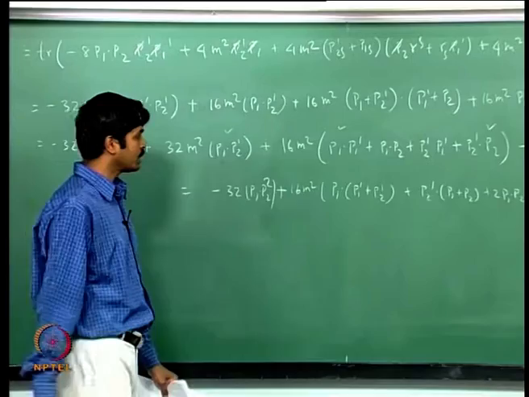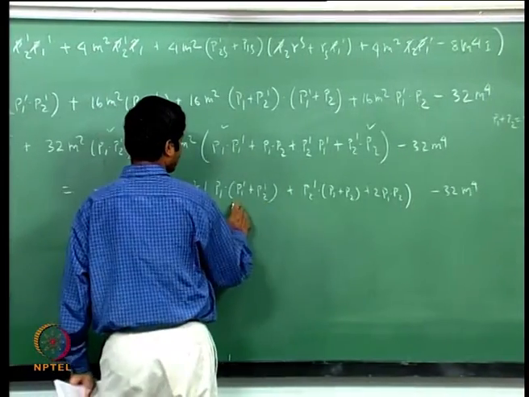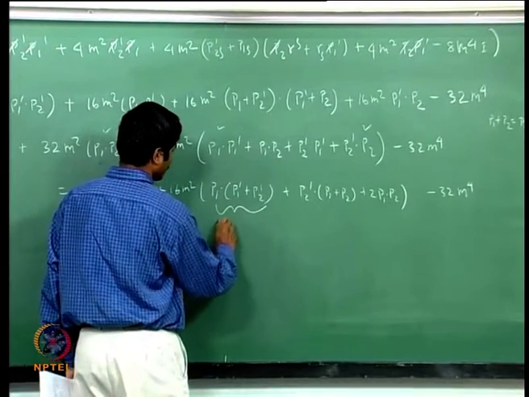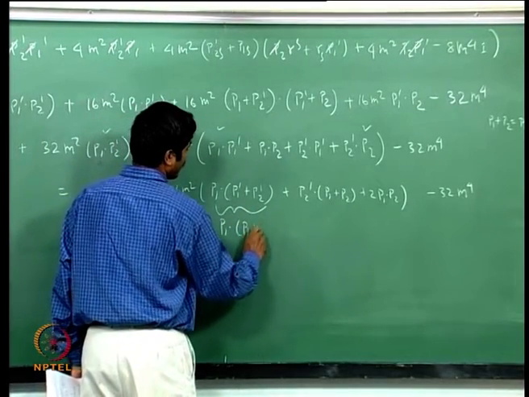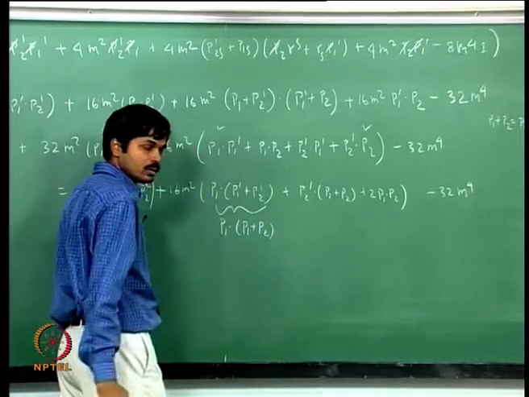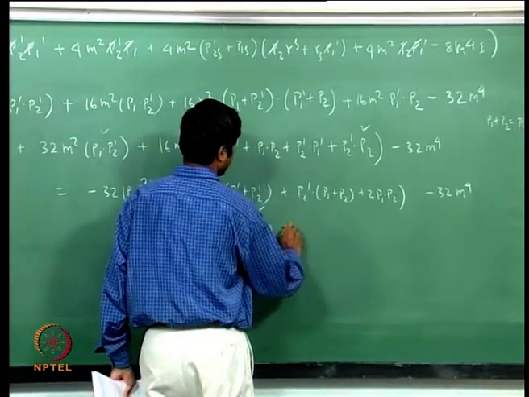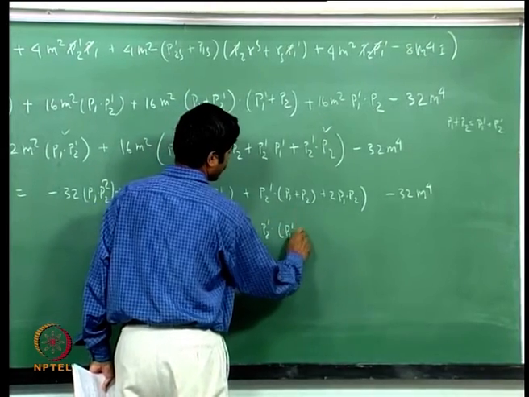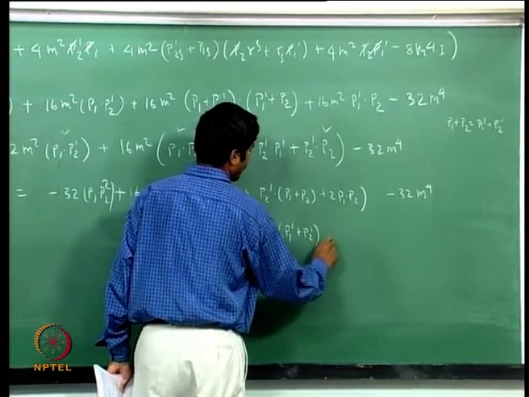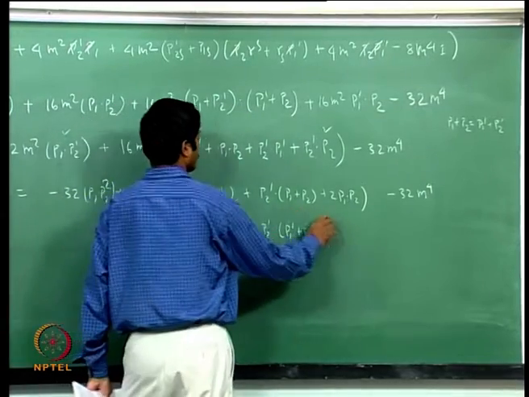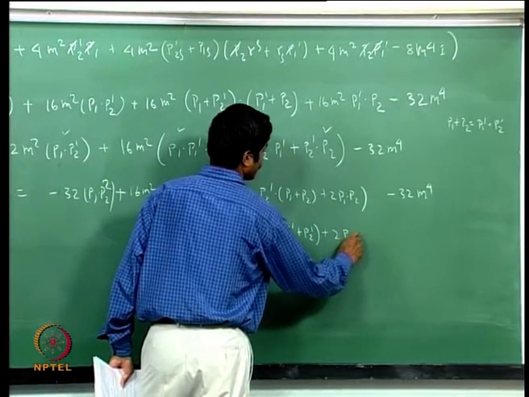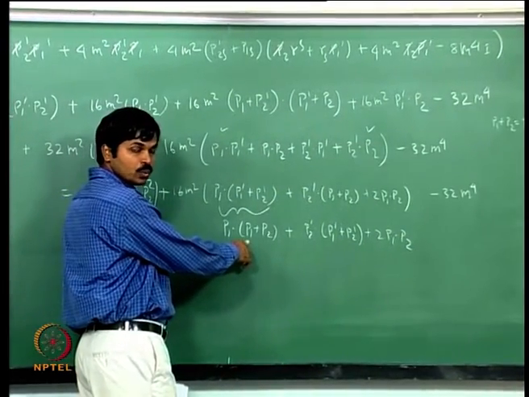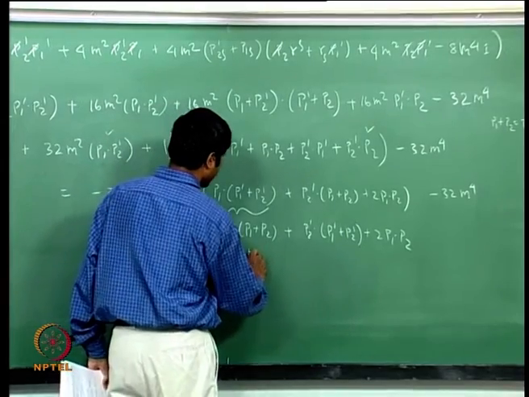That is what I get. Now, as I said, I will use the energy momentum conservation. Then this term here is p1 dot (p1 plus p2), and here this term is p2 prime dot (p1 prime plus p2 prime), and here 2 p1 dot p2. Now, what is this? This is p1 square, which is m square,